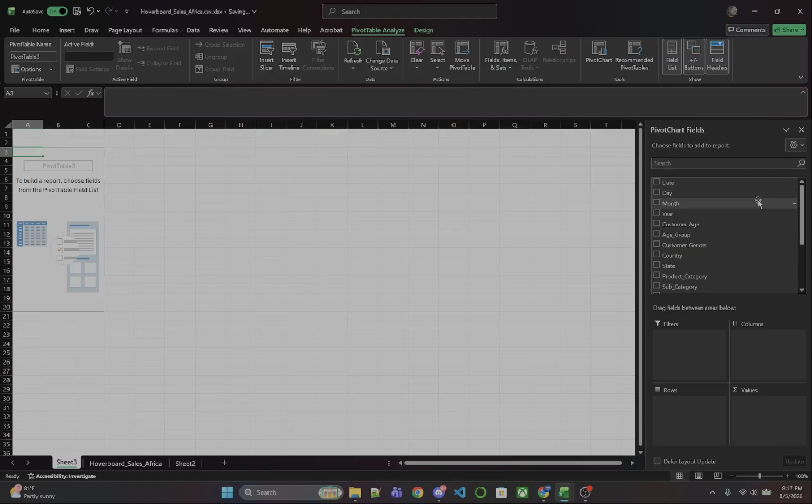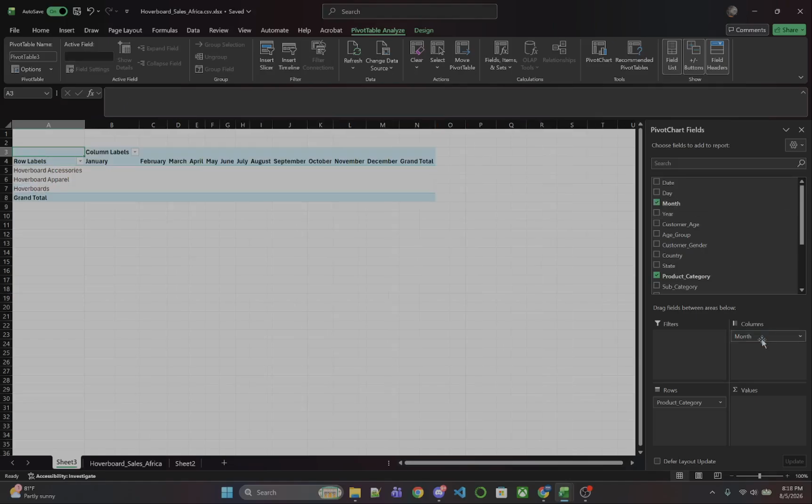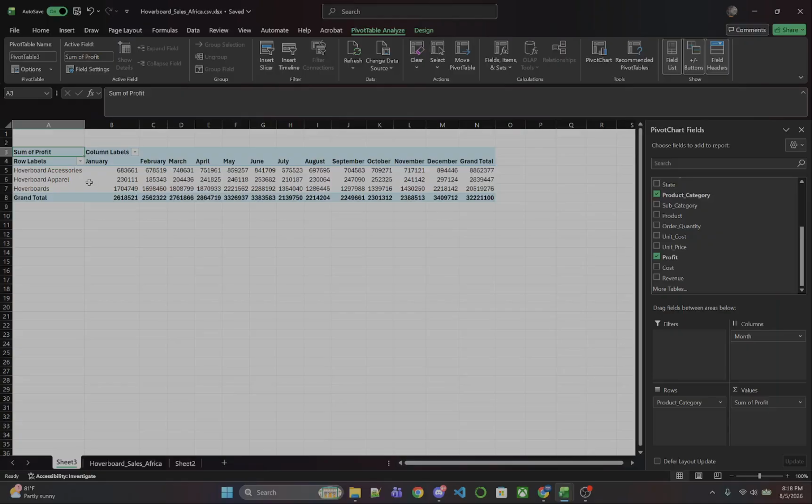And last time we showed revenue by country, but maybe we want to focus on something else this time. Let's say product category for the rows. So right now we have hoverboard accessories, apparel, and the hoverboards themselves. And maybe we want to get an annual profit. So let's put the months into the columns and use the profit for the values. Now this gives us a good flow of how things are doing